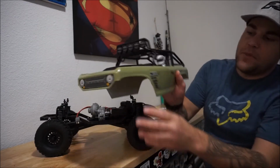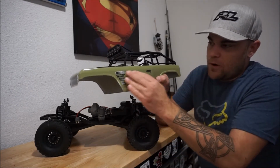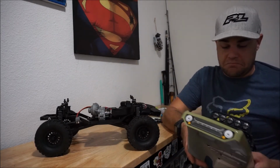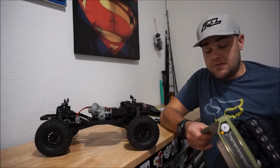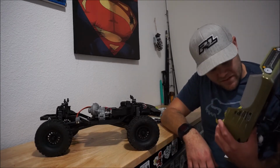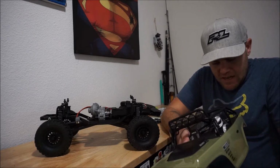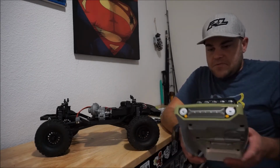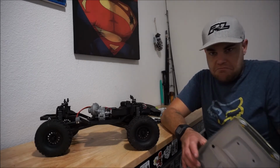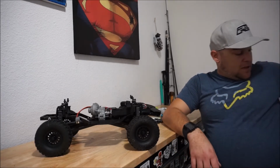So you've seen the body, and it's not like the original Deadbolt where it's that lime green. It's more of an army green, which I'm a big fan of. I actually like the body. I don't think I'm going to switch the body out for maybe the whole time. I might just keep this body on there. It's a little dirty. I did take it out for a bit of a spin. Got the first mud underneath. Anyway, it's a good body. It's a sturdy body. I'm not too worried about it. I like it, so I'm not going to change it up anytime soon. Eventually, I'll probably go hard body or something. But